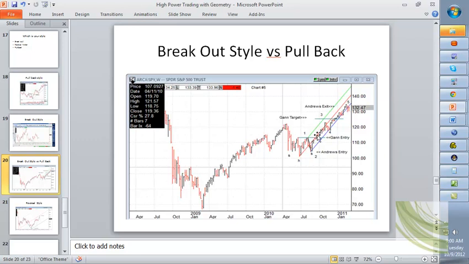And so you have other people who enter the market over here, and they help push this thing along. It's really nice of them. And there she goes. So this is a breakout style versus a pullback, and each has its advantages. The theory is that